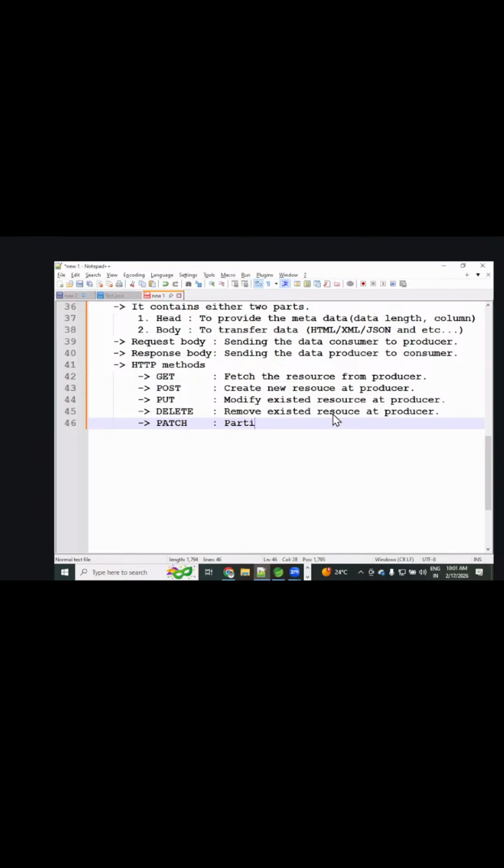Partially modify existing data. Sorry, the data is the resource, let's put resource. Existing resource. I will give it here below, because maybe in notes it can be easy. Okay,